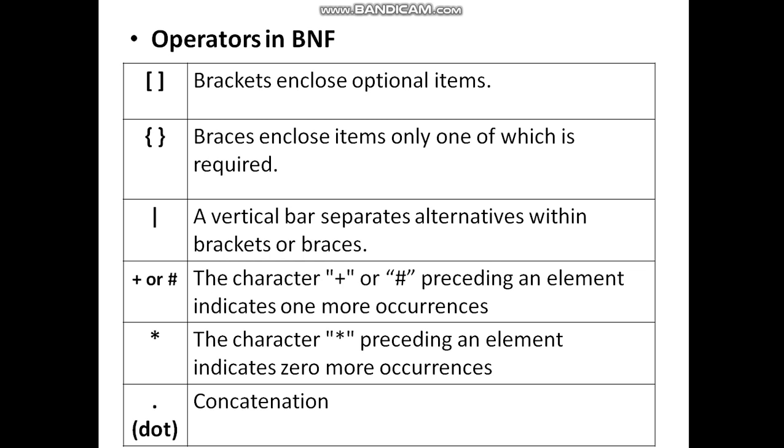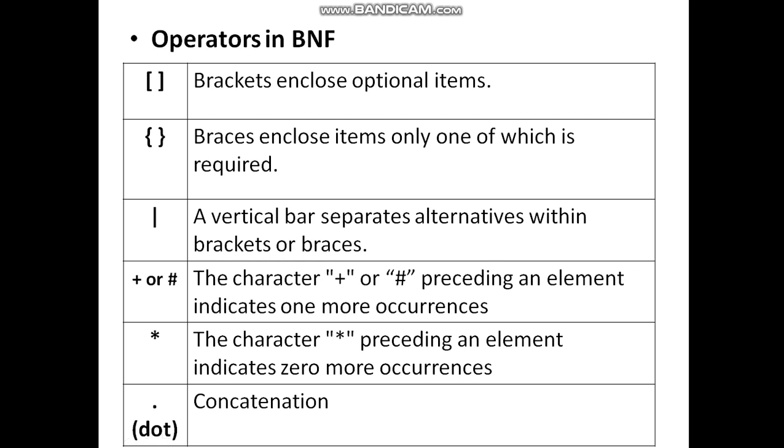These are also the operators we are going to use in BNF notation. Square brackets enclose optional items. Curly braces enclose items, only one of which is required. A vertical bar separates alternatives